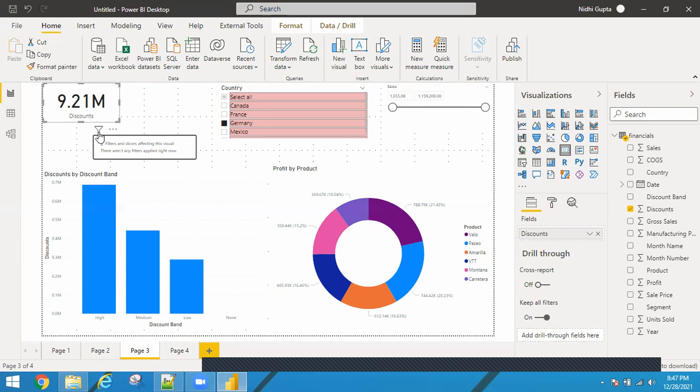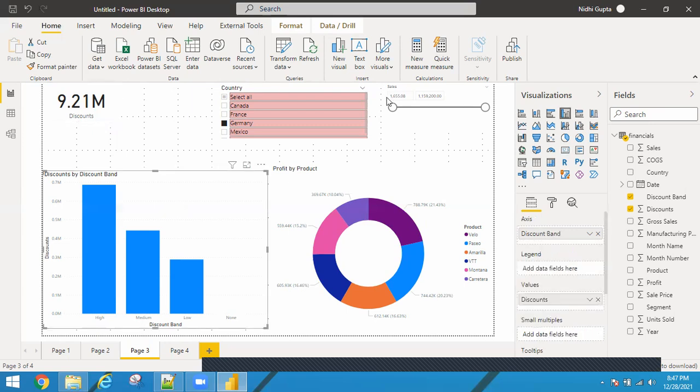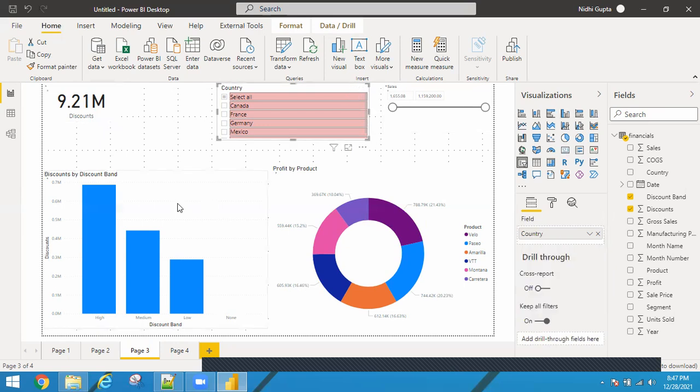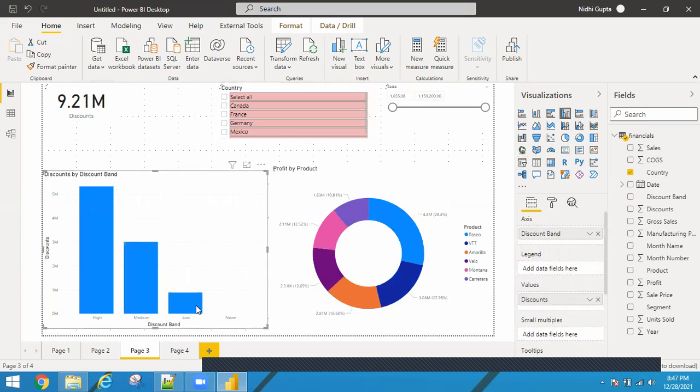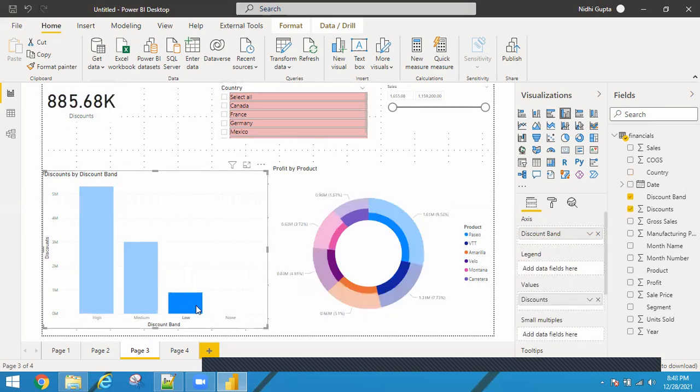Okay. Now this filtering mechanism which I talked about, this edit interaction option, is available for every visualization. This is not just specific to your slicer. For example, I come to this bar diagram and I select low discount band. The moment you select low discount band, you can see this being changed and this being changed. Correct? So within this donut chart, it is showing the respective information. Within this also, it is showing